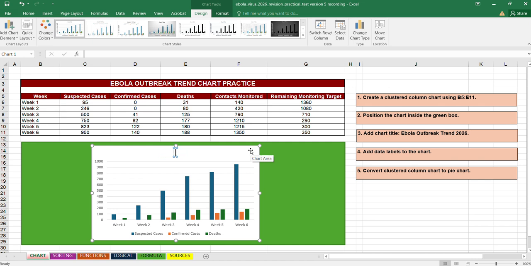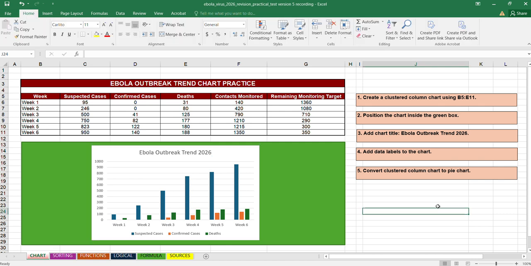And then enter the word Ebola, space, and then outbreak, space, trend, space, 2026, and then you click here outside the graph. Okay, so that is task number 3.